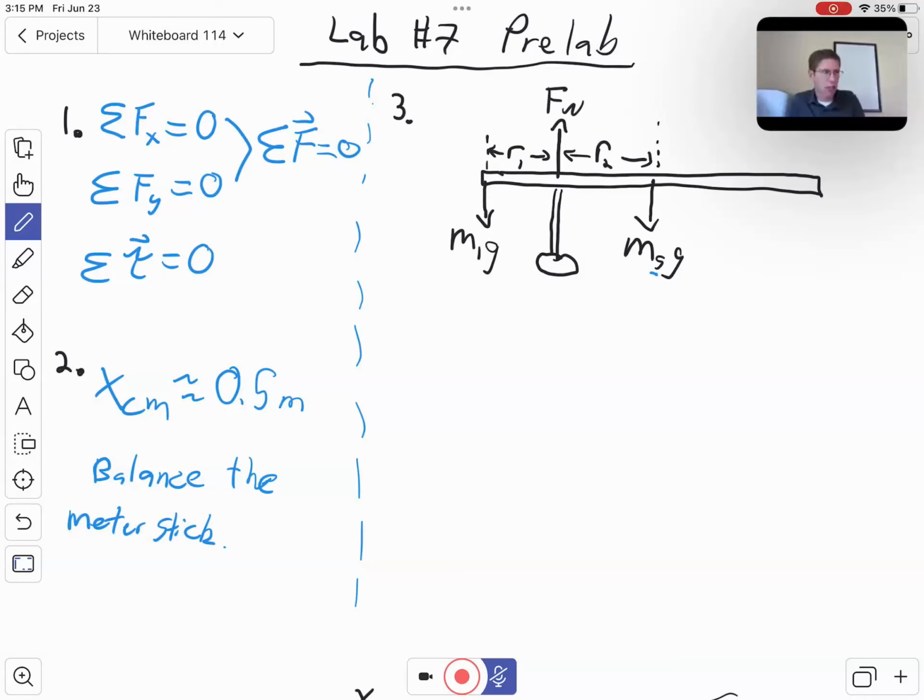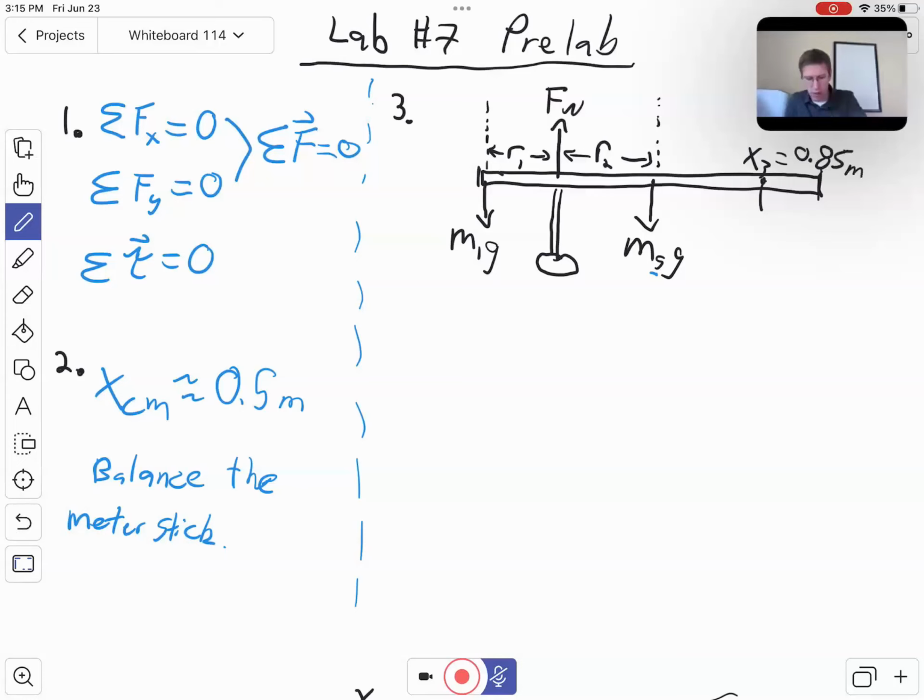In addition, we're asked to find the location of the pivot. So what I'm going to do is add one more thing onto my drawing here. If I extend these lines, I'm going to think about this again as a meter stick. So here's the 0 point, here's the 1 meter. For example, if I had something hanging out here, I called this X3 or something, that would be something like